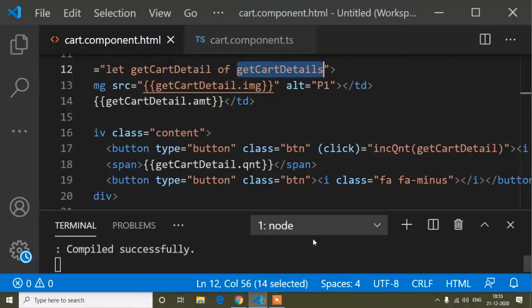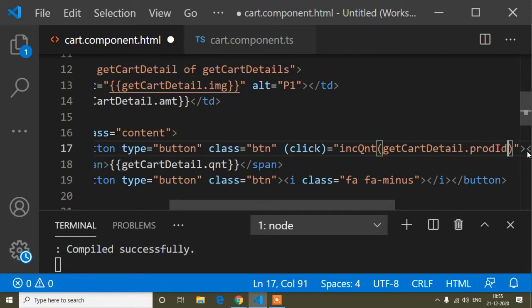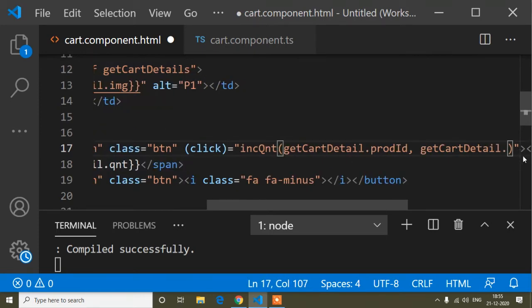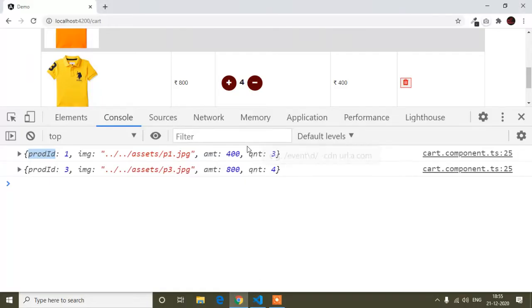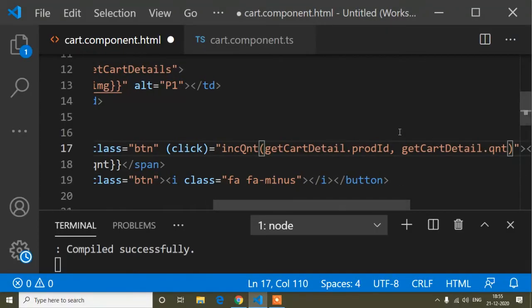So you can do one thing. In this parameter, here you can write dot product id, and comma. Then I take this variable again, dot, and I need only quantity. Now you can see I have passed two parameters, product id and quantity.